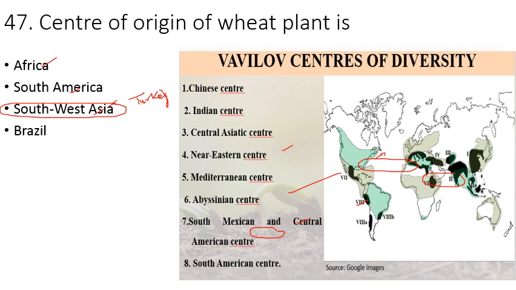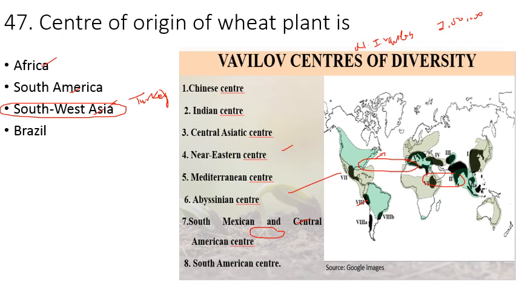And next comes center of origins. This concept of center of origin was given by a Russian botanist and geneticist, N.I. Vavilov. Based on his study of about 250,000 plant samples, which were gathered by a group of Russian botanists, including himself,